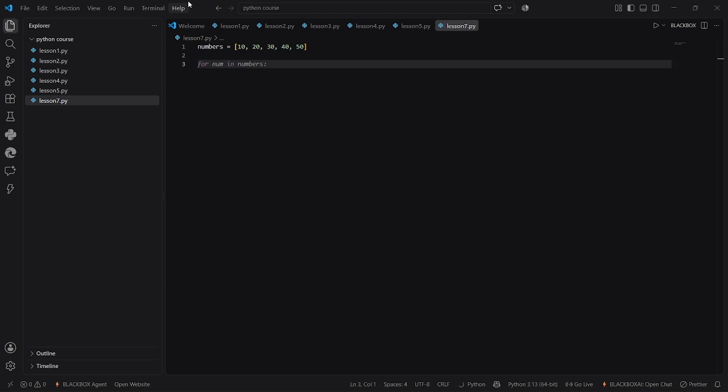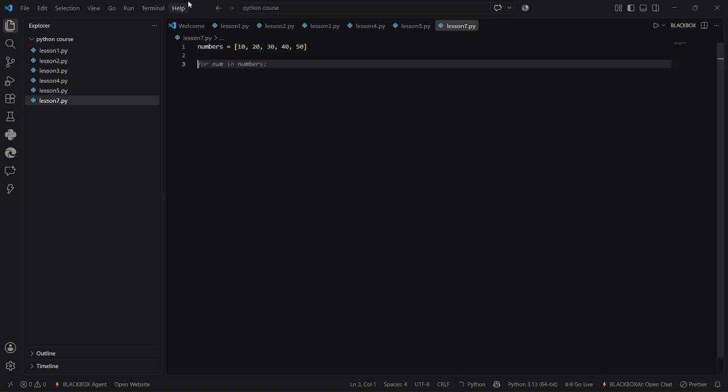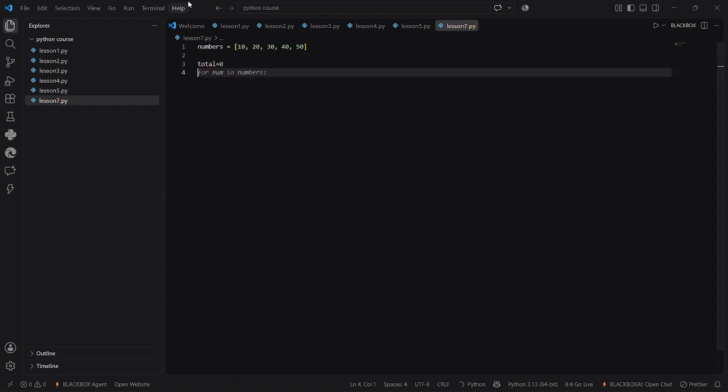One way would be to manually write 10 plus 20 plus 30 plus 40 plus 50. But what if there are thousands of numbers? We obviously need a loop. Now, let's do this with a loop. So total, let's start from 0. For